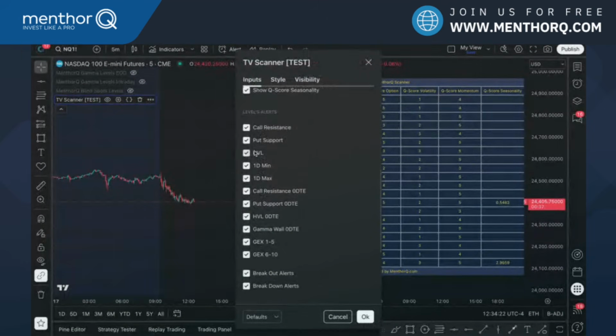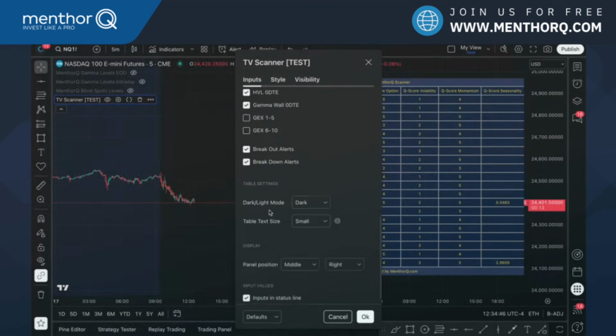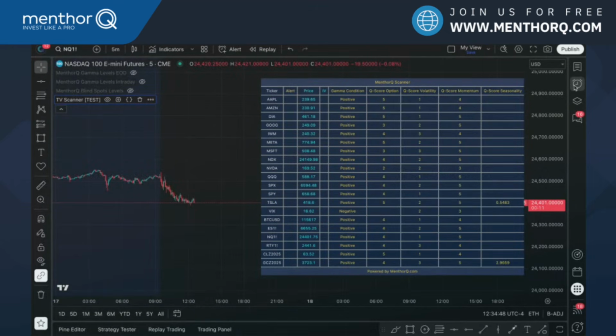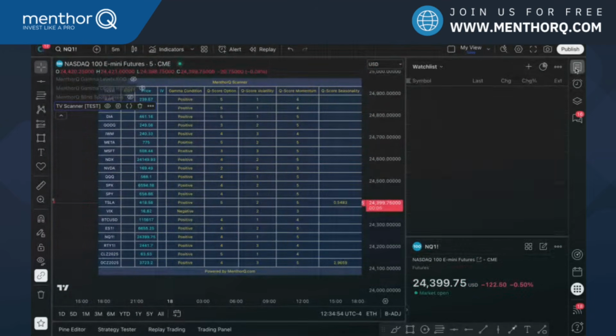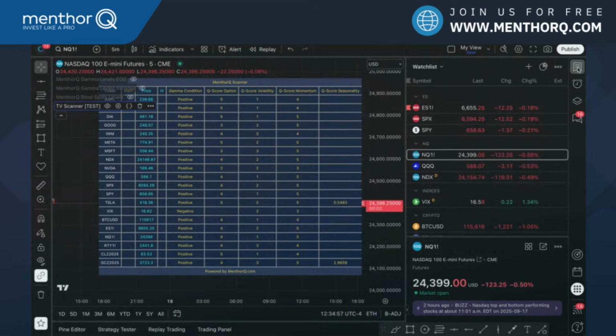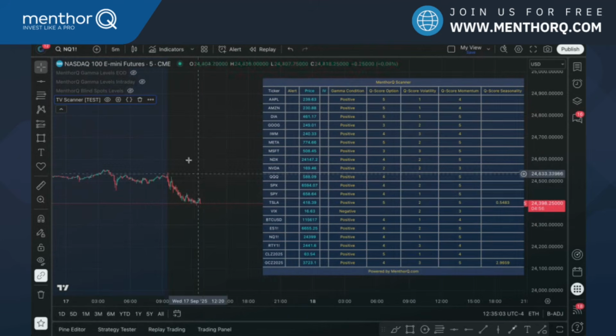You can also be alerted on any level. So if you want all of them, or if you just want the major ones, the primary levels, you can also be alerted on breakouts or breakdowns. Breakouts are from the bottom to the top, breakdowns are from the top to the bottom. So you want to be alerted when the price crosses from below to above or from above to below. Once you do that, you can come here, set up an alert, and this is going to alert you on all these assets in real time. So, a big, powerful tool available for you guys as of next week.